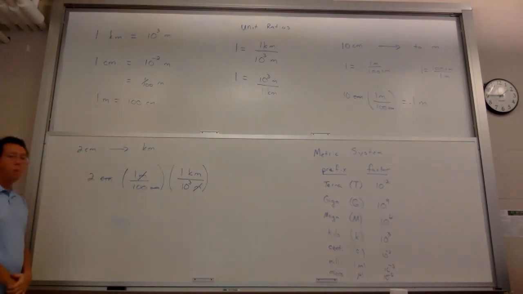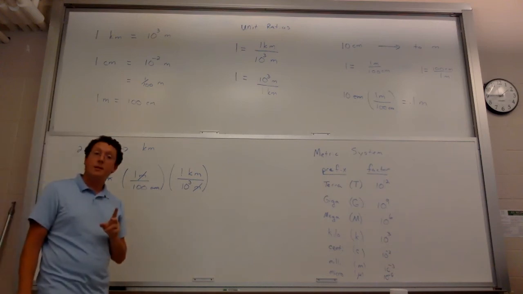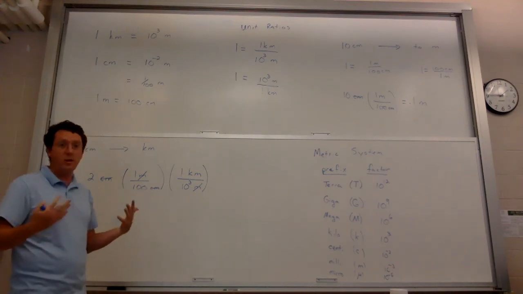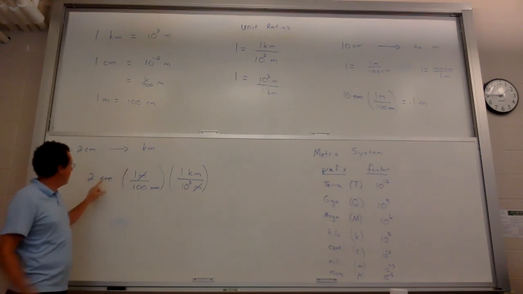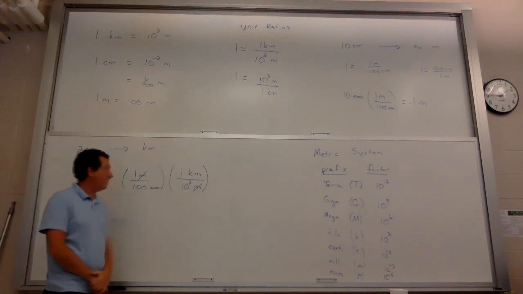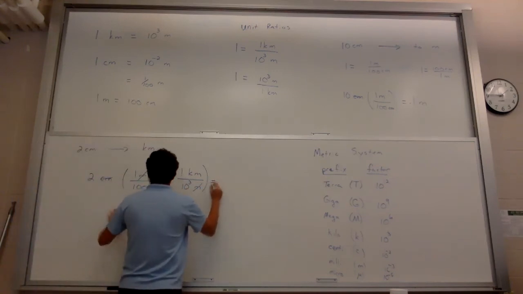Okay. So I multiply by 1. I've done it twice. I'm allowed to do that. You can multiply by 1 as many times as you want without changing the amount. But I've done it in a clever way so that the bad stuff, centimeters, goes away and kilometers survives. So what I'm left with is 2